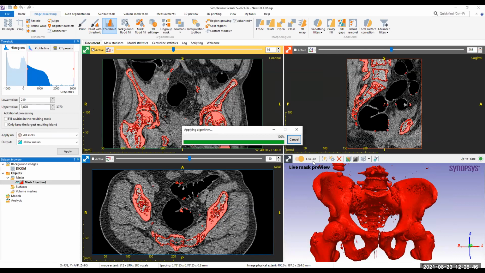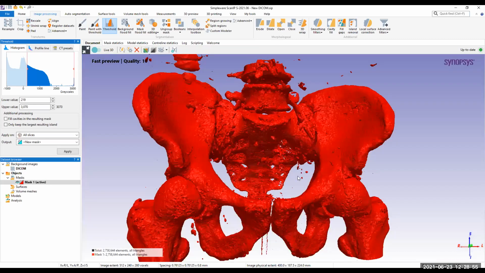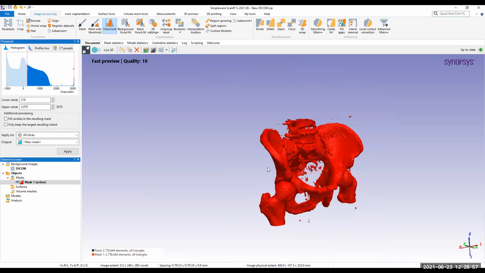This is the initial segmentation that I have done. As you can see, it is done very quickly using the threshold tool. Thresholding simply means to select a specific grayscale range. This grayscale range can vary for different types of tissues.